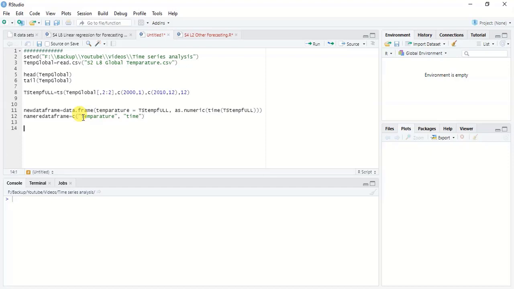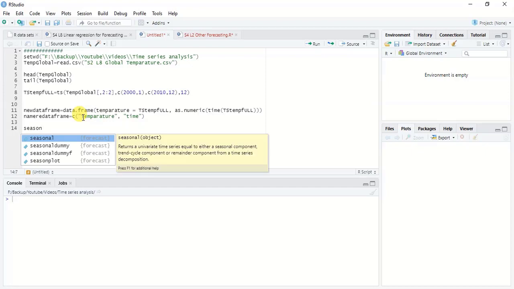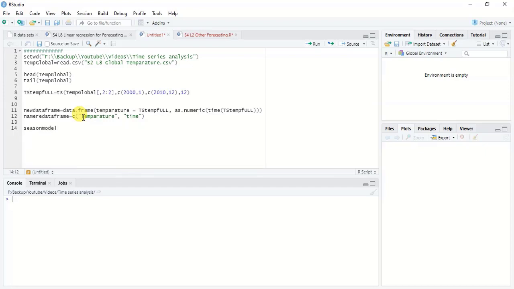Now that we have created a data frame accounting for the temperature values and the dates in numeric format, we can create a model using the TSLM function. In this way, we can model using trend, season and random values as well. I'll create a new variable for this, and then we can call the TSLM function